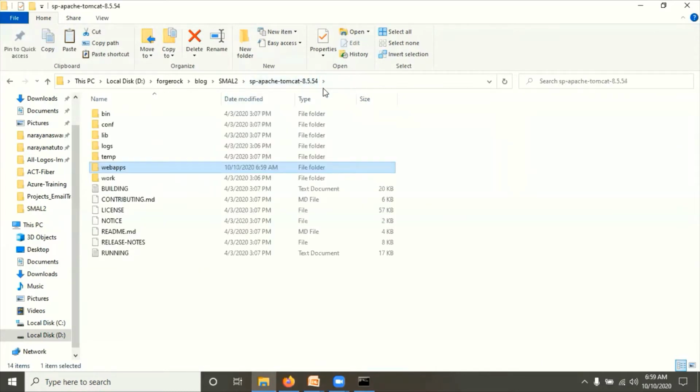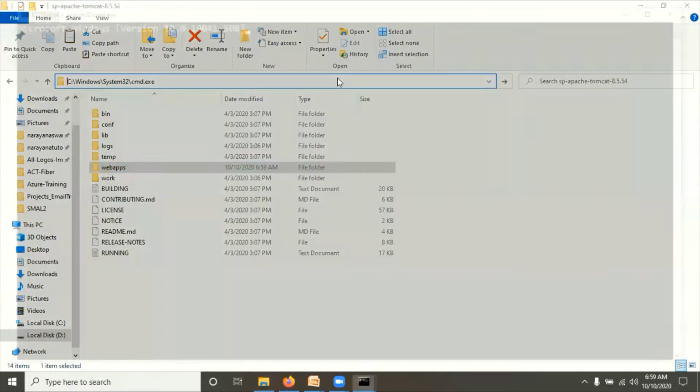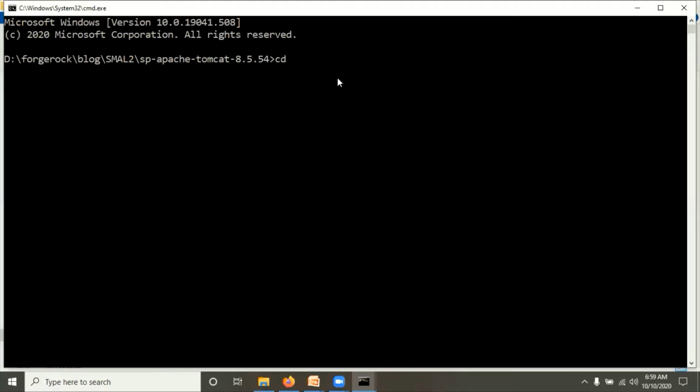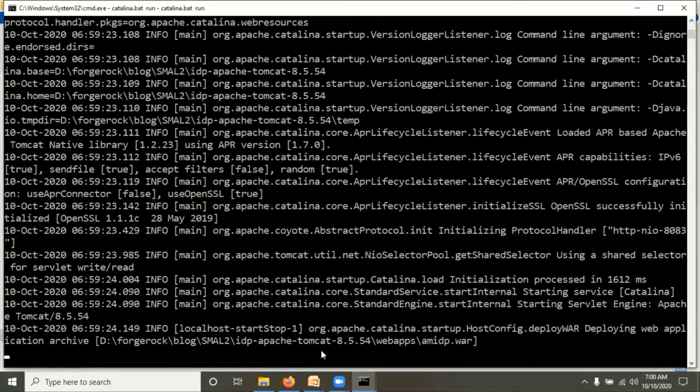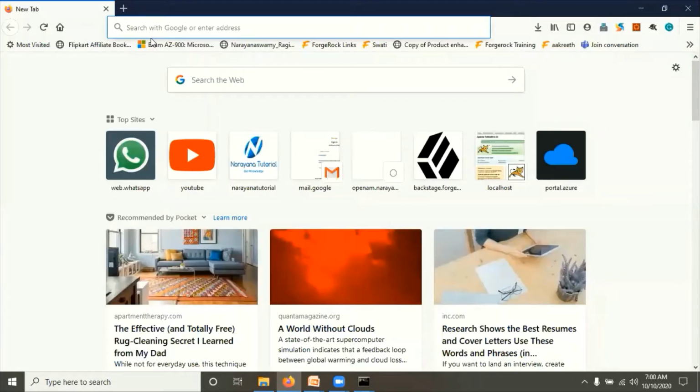Now open a command prompt for this also separately, and go to the bin folder. Now start the Tomcat by executing the catalina.bat run command. Okay. Yeah, so now we will use two browsers: one for the IDP, that is Firefox, and we will use Chrome for the SP.